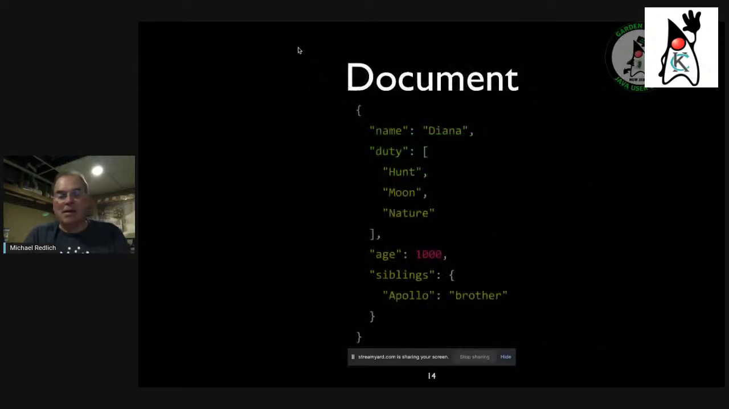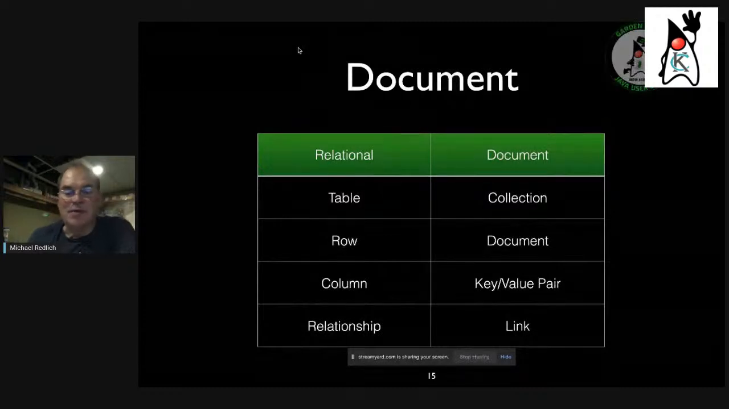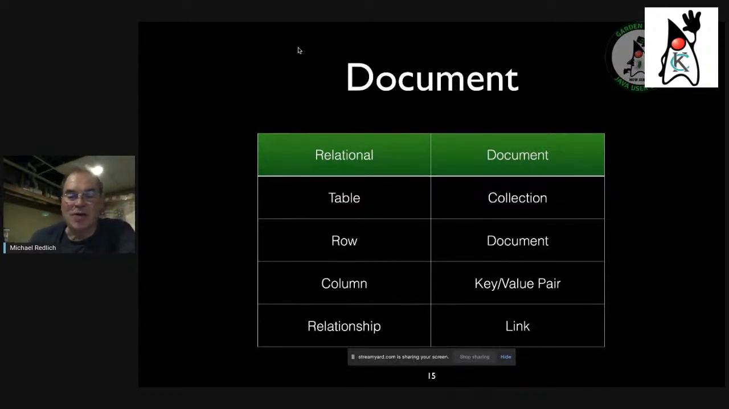Okay, so document. Everybody, of course, knows that MongoDB uses their binary JSON. So here's an example of a JSON file. And with this chart here, a table is known as a collection, and the row is a document itself, like you saw on the slide previously, and the key value pair is a column itself. And the link, I believe, as far as relationships, is there is a way you can do what would be referred to as an inner join